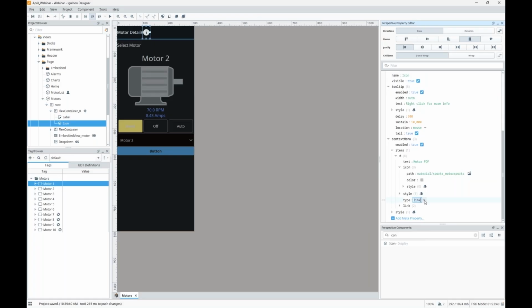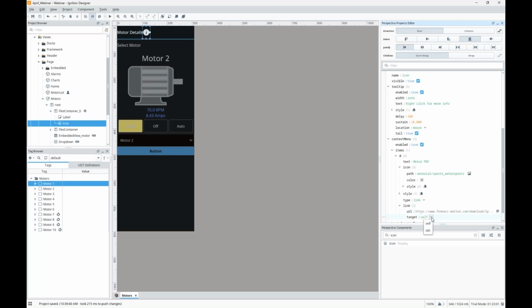And then we'll go ahead and select our type. Inside of this, you could have a submenu to pop out another menu off of the main menu. We can specify a link, which is what we're going to do today. Call a method on this component, send a message across the screen, or add a separator to visually separate categories of this menu. So let's add a couple links and then maybe separate those by a separator. This first link, I'm going to have a URL that I just found, a PDF of a motor when I was Googling yesterday. So I'll go ahead and add this in here.